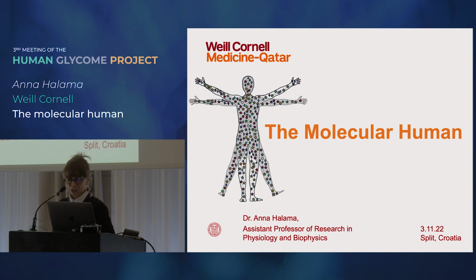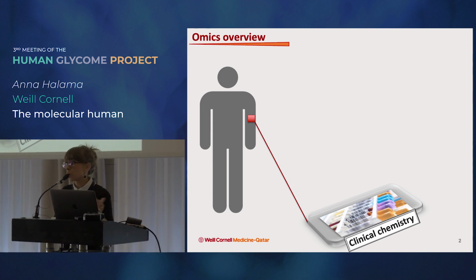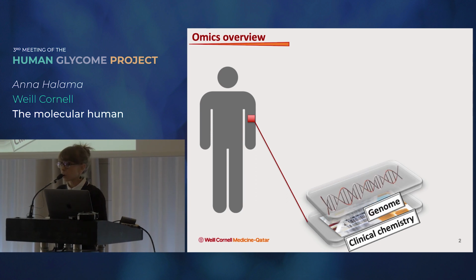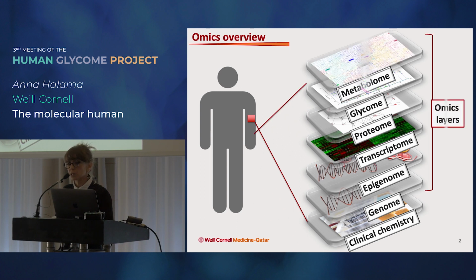So, the human body and pathological as well as pathophysiological processes can be described with different strategies, and clinical chemistry will be the very first of them. But obviously it does not have such rich information which could comment on the complexity and the architecture of human diseases. That's the reason further development came and multiple omics arrived, including genomics, epigenomics, transcriptomics, proteomics, glycomics, and also